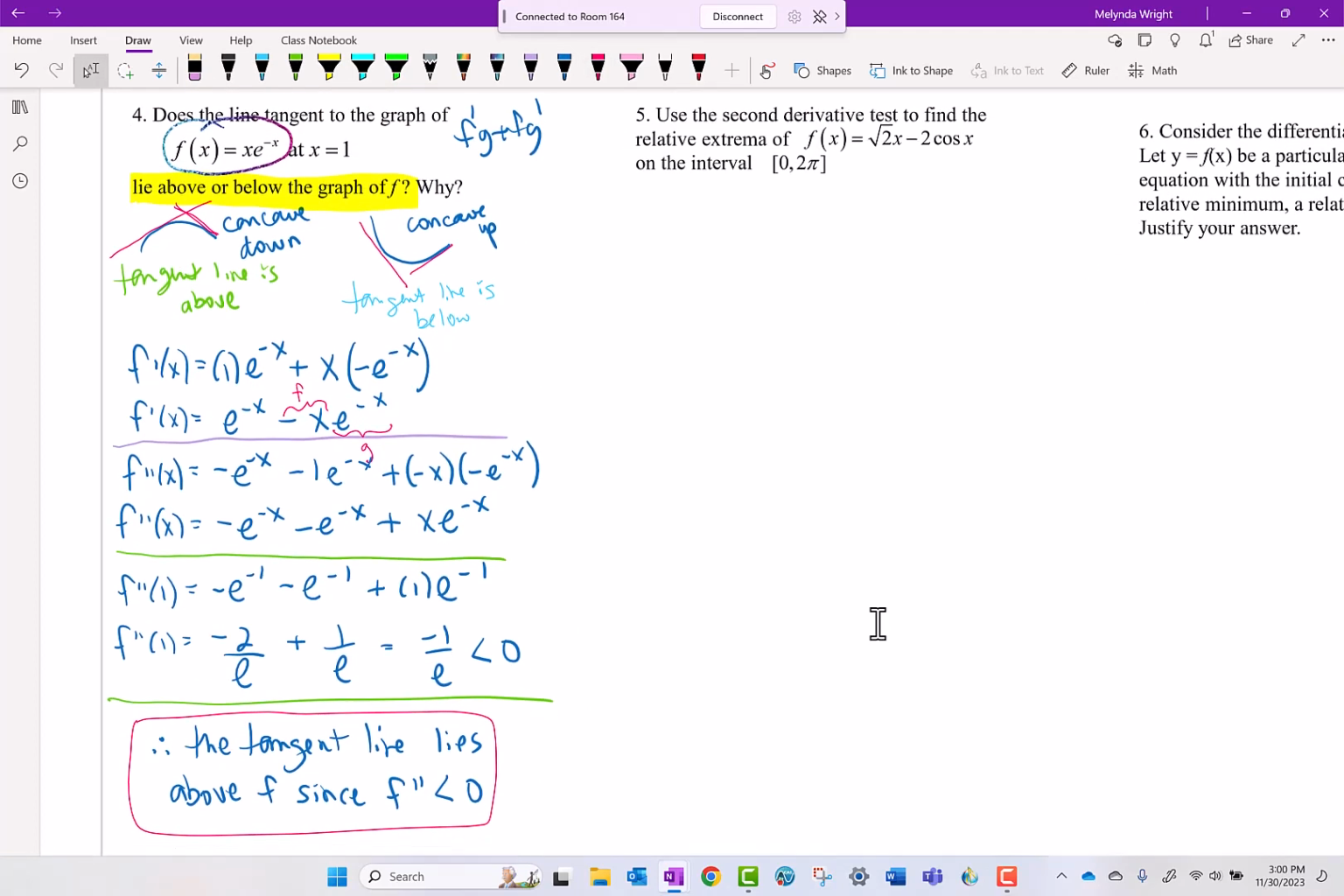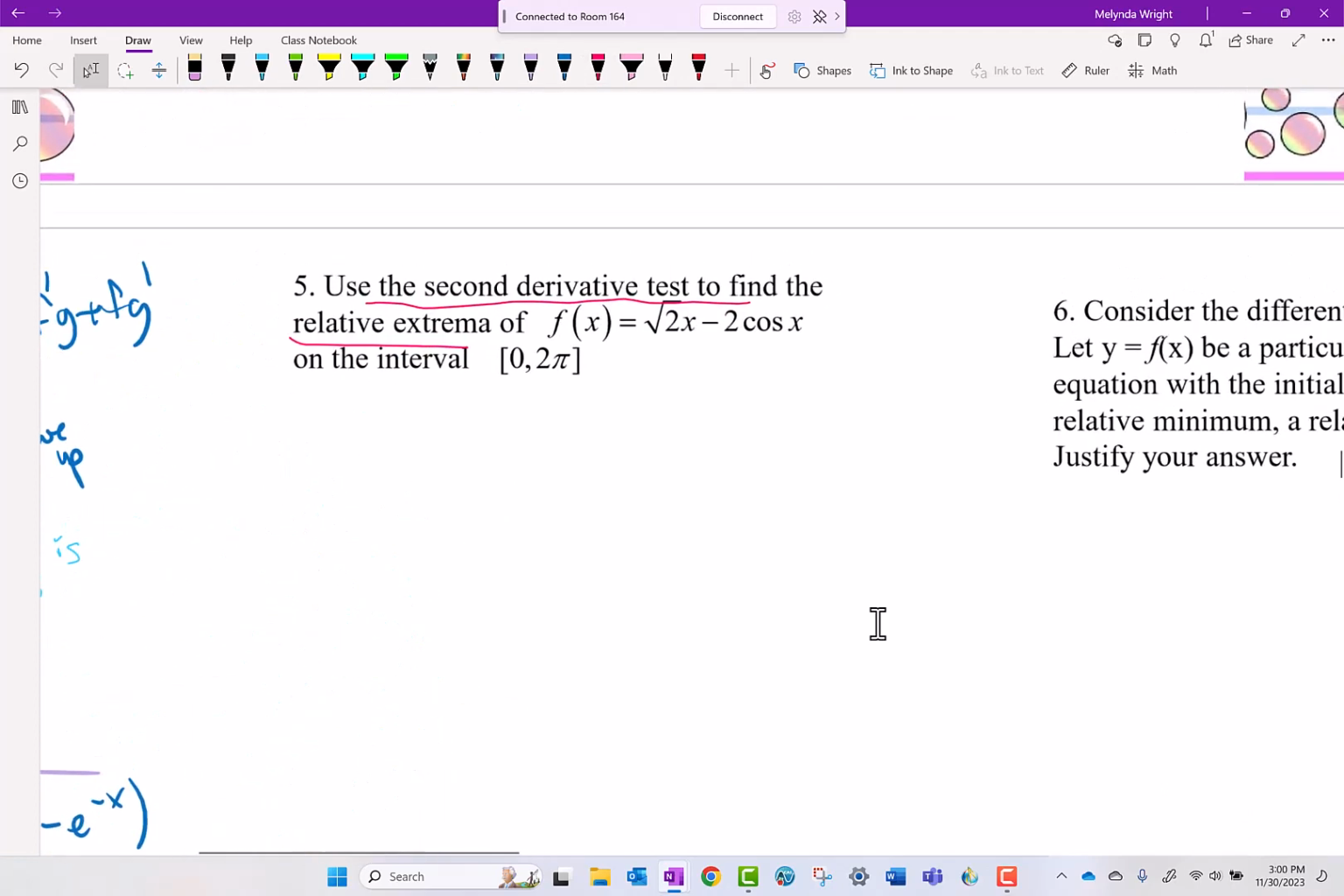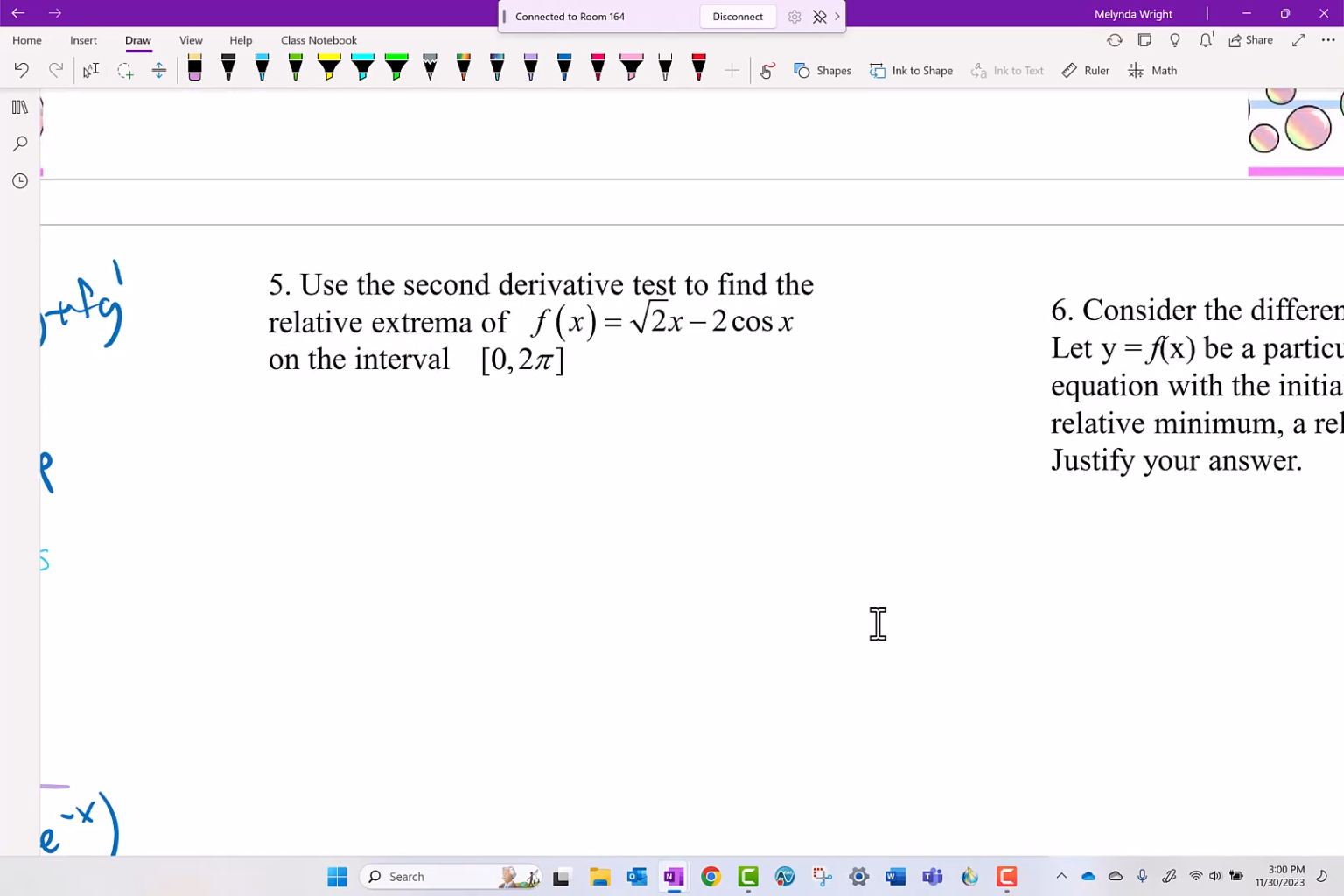So, number 5, use the second derivative test to find the relative extrema. Oh, we need to change this wording. Is everybody done with number 4? Can I move on? Okay. This wording is not perfectly correct, so please add these words for me. Use the second derivative test to find the x values of relative extrema of that thing on this interval, and